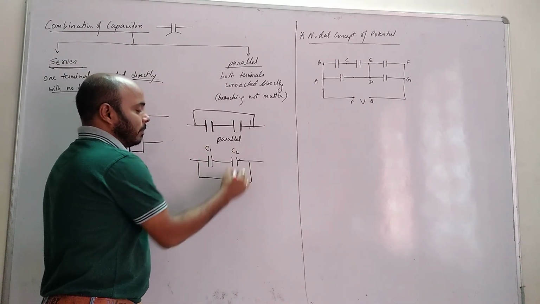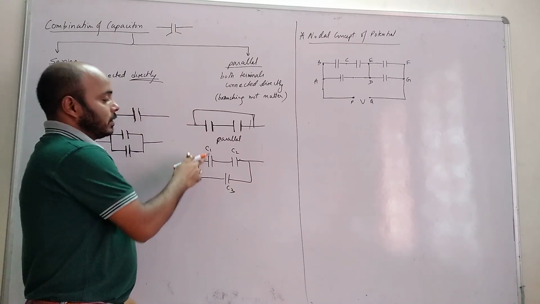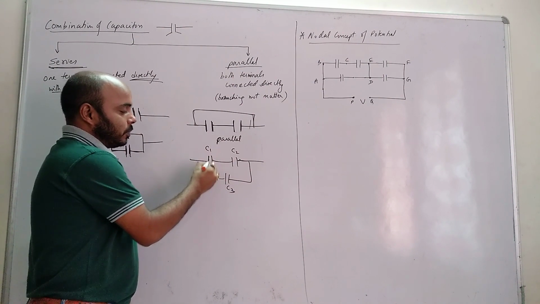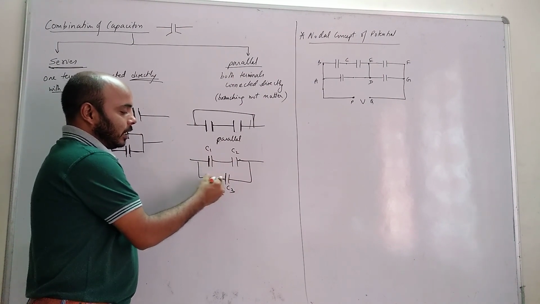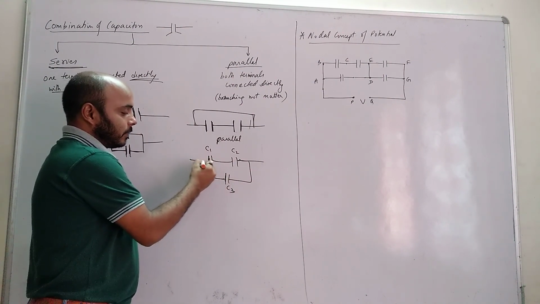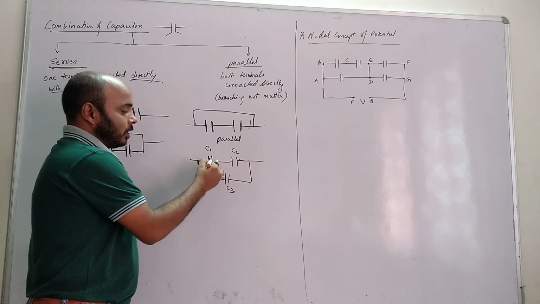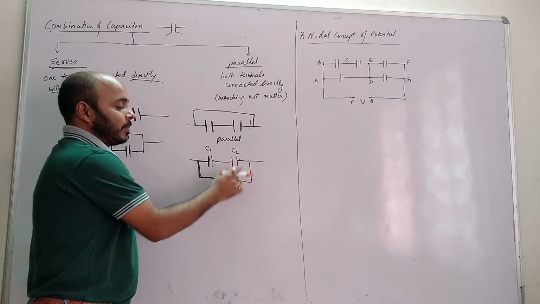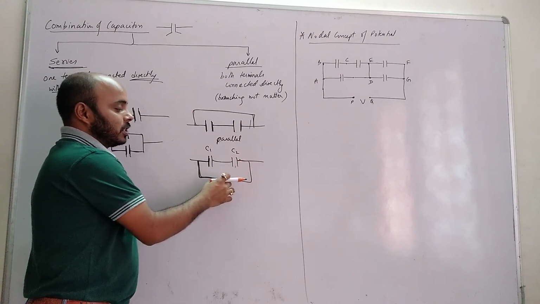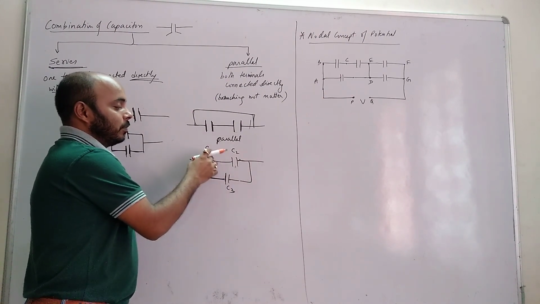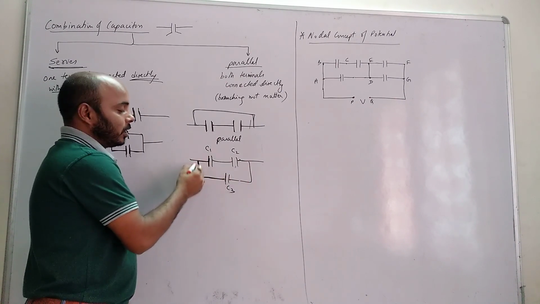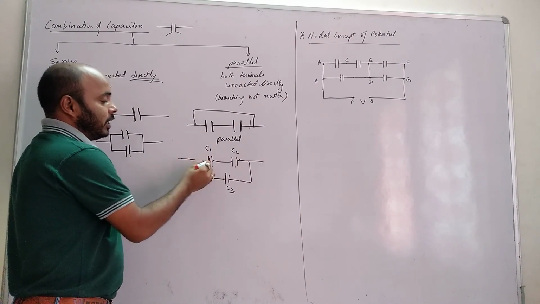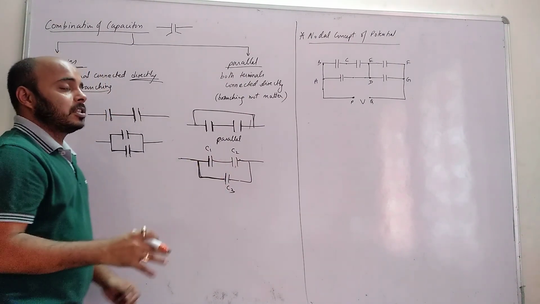Okay, next. Now see this one. Let's talk one by one. C1 and C3: this terminal and this terminal are connected directly, so one terminal is connected, but the other terminal is not connected directly, because the capacitor C2 came in between. So C3 and C1, both the terminals are not connected, only one terminal is connected. So do we say this is series? No. There is a branching here. They are neither series nor parallel.